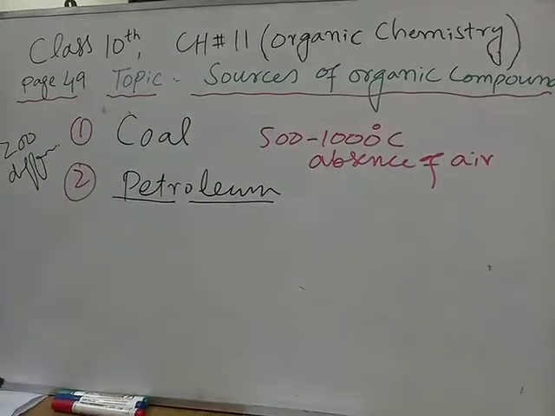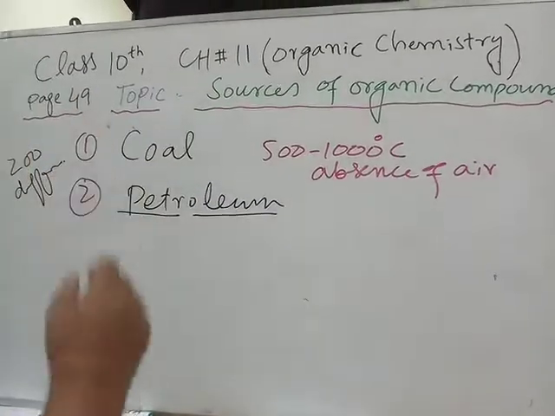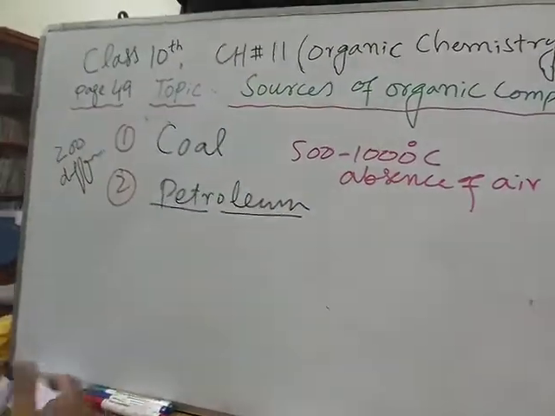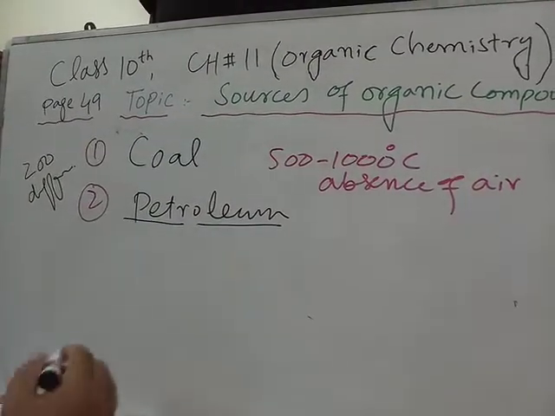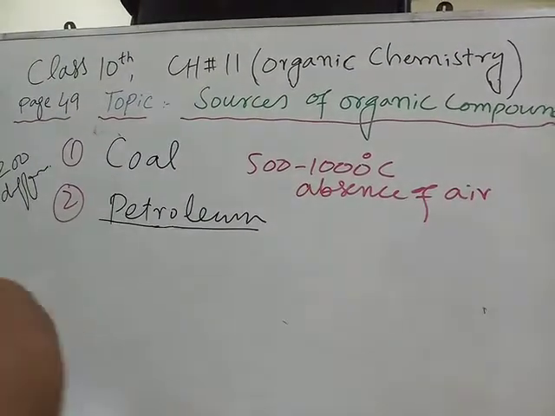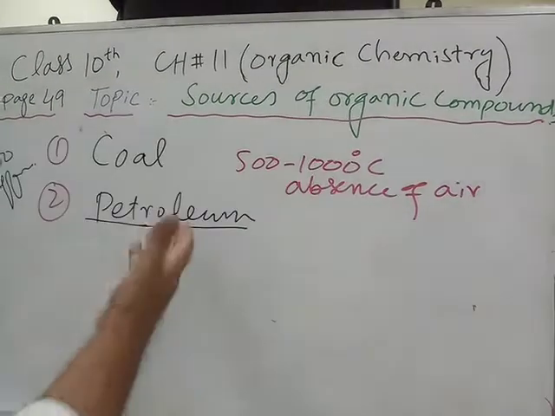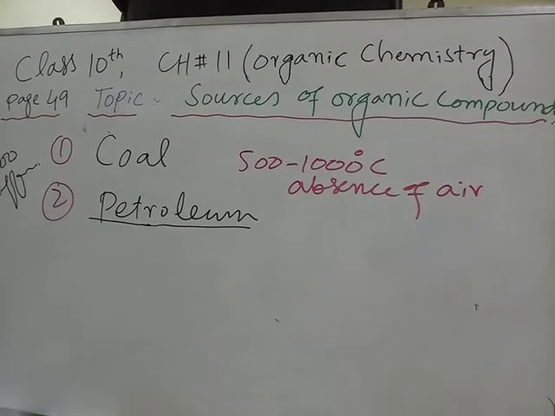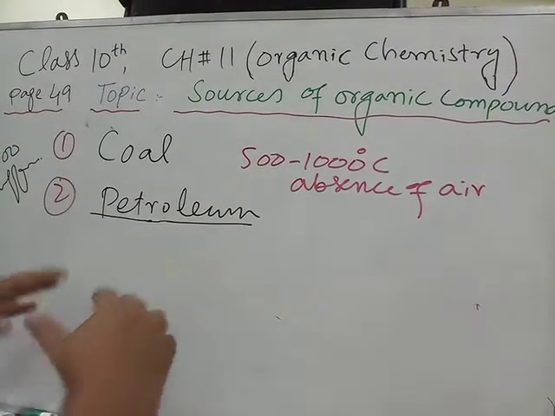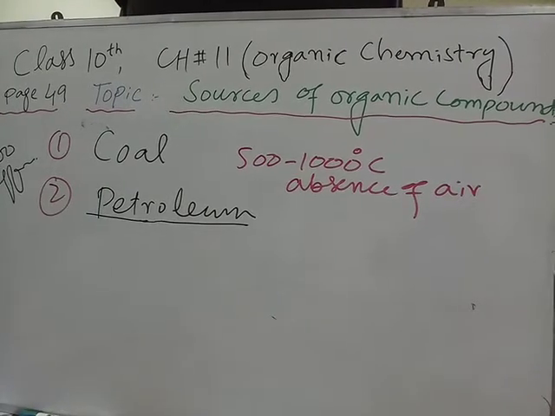This is of no use, but it has many compounds, especially the alkanes. Petroleum is saturated with alkanes. This petroleum is then subjected to a process which is called fractional distillation. So we carry out the fractional distillation of petroleum. Fractional distillation is a process in which various components of petroleum are separated from each other on the basis of difference in their boiling points.